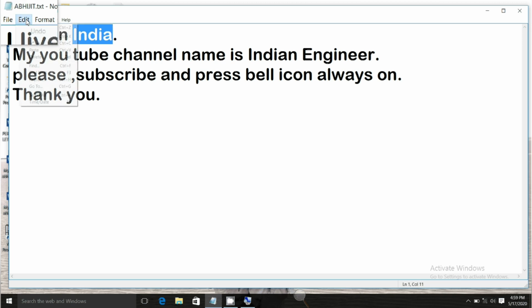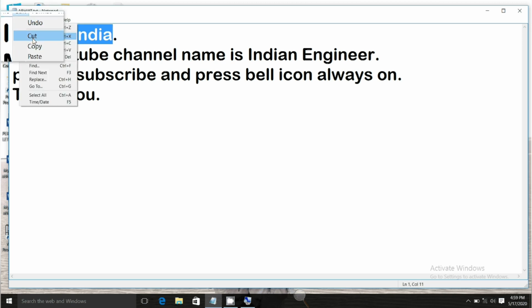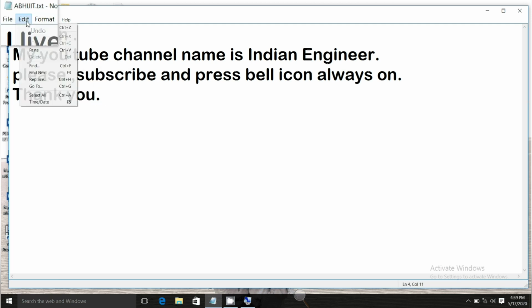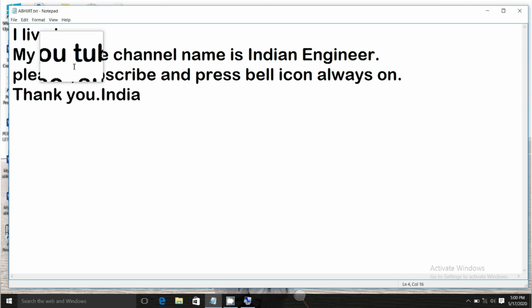Then next one is, if you want to cut this word from here and paste it on another side, then select the word or sentence and place the cursor where you want it and just paste it. Means your India name is moved from here to the last side.